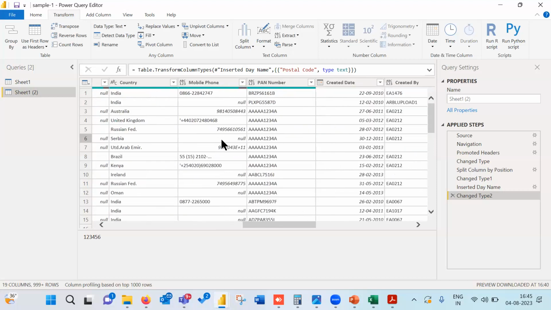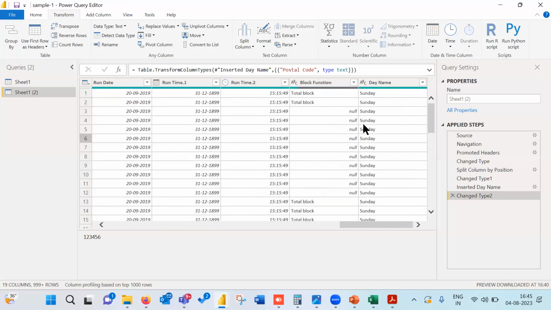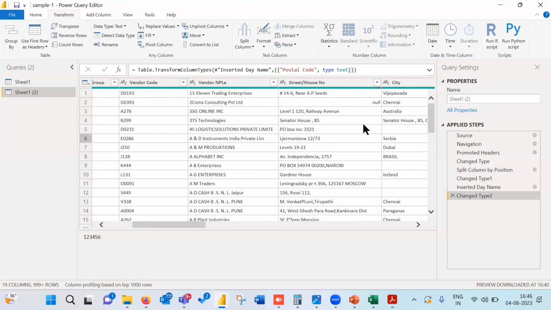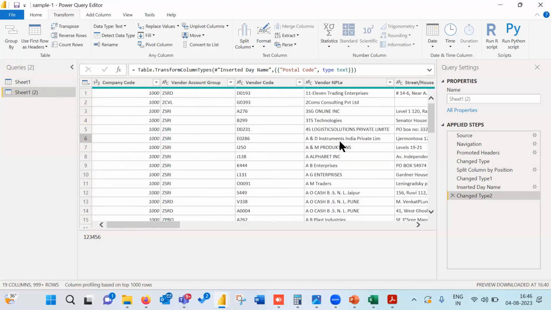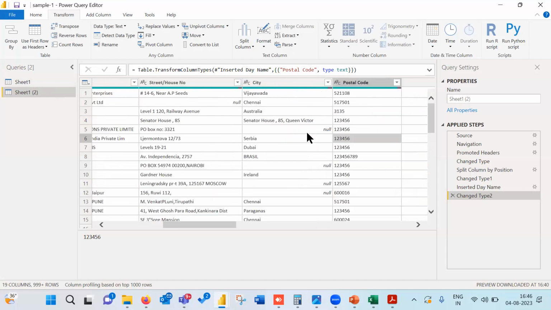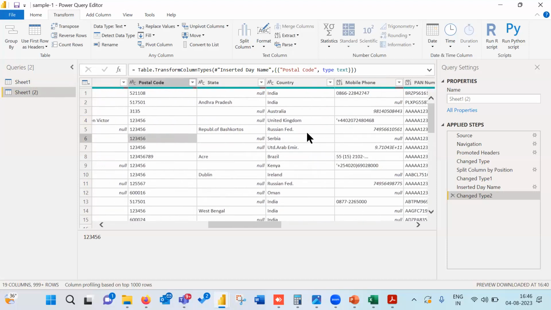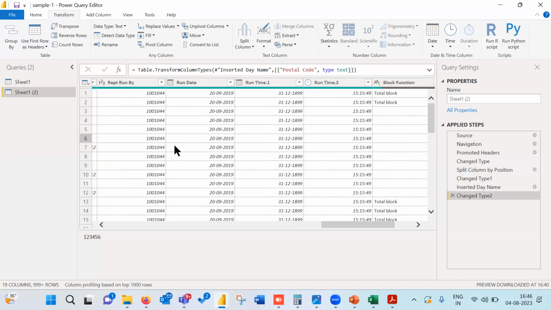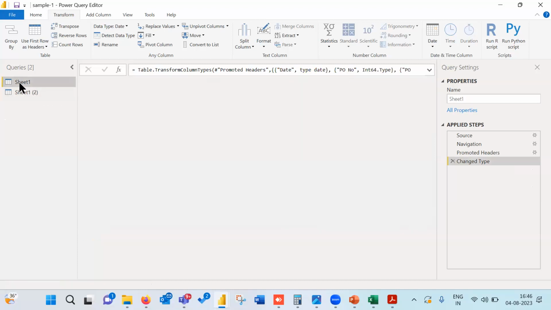Now, in my data set, I have all the required things like amount, per unit cost and unit. All three are available. So this is the vendor master. The vendor master has name, vendor code, postal code, city, address, phone number, see, a lot of unwanted things are there, which is very difficult to analyze. PAN number and all is there. Same like this, I can evaluate for PO also.